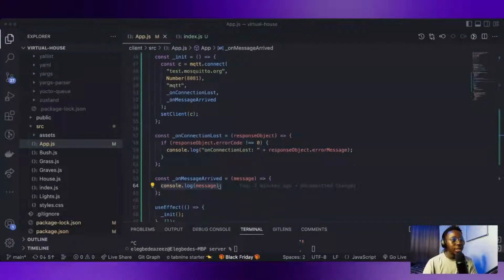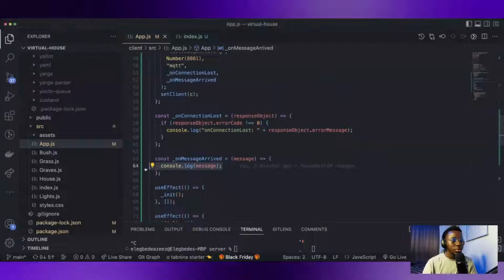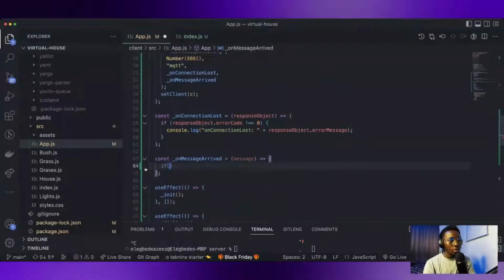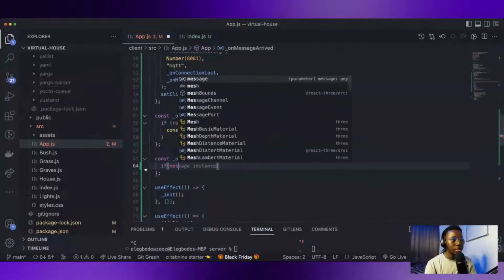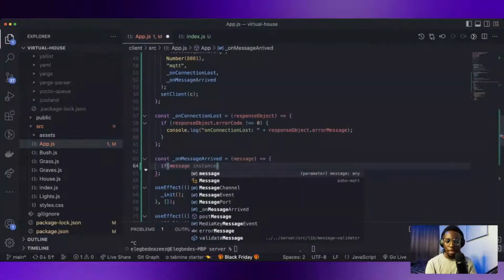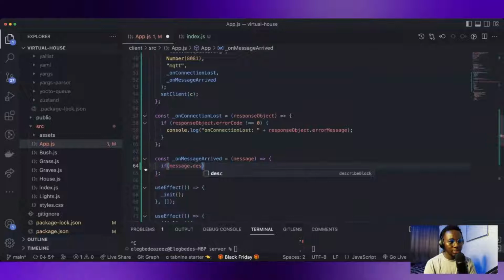So what we're gonna do now is this. We're gonna remove this console.log, right? And we're gonna say if message.destinationName